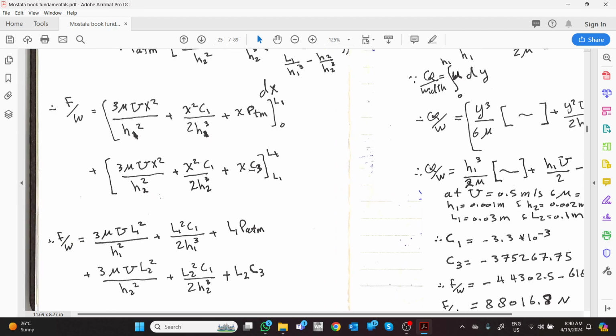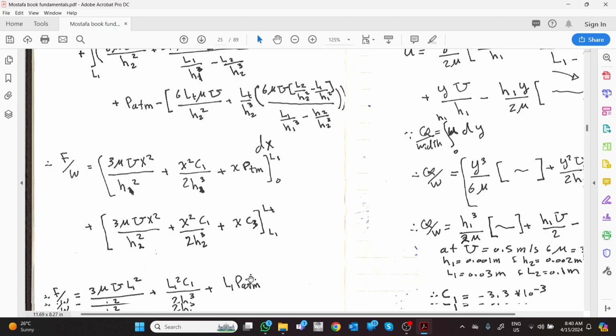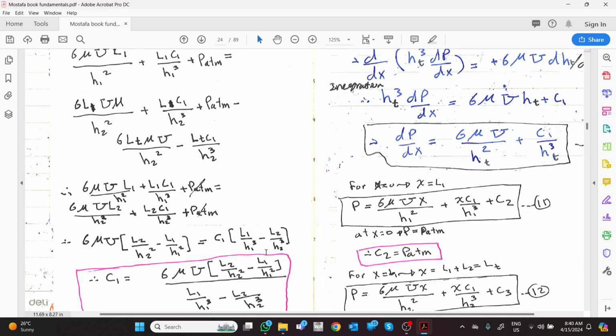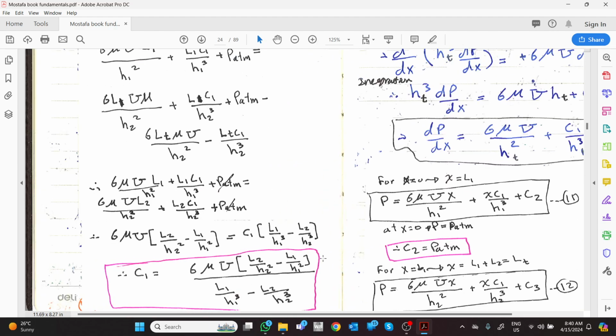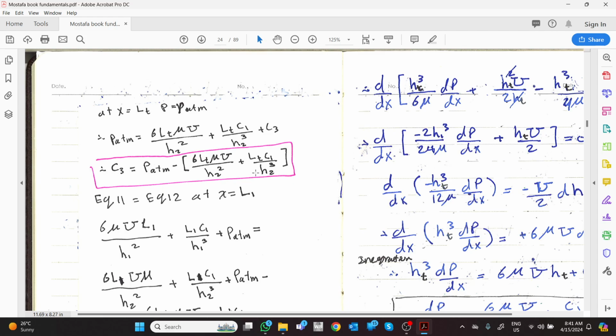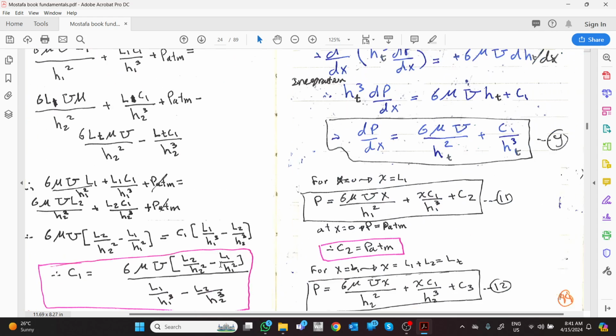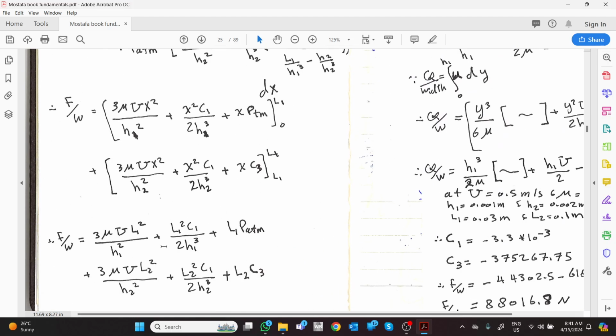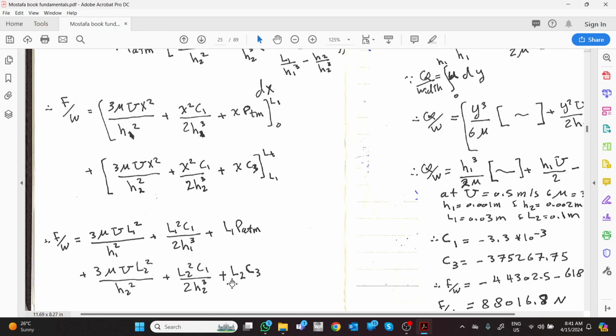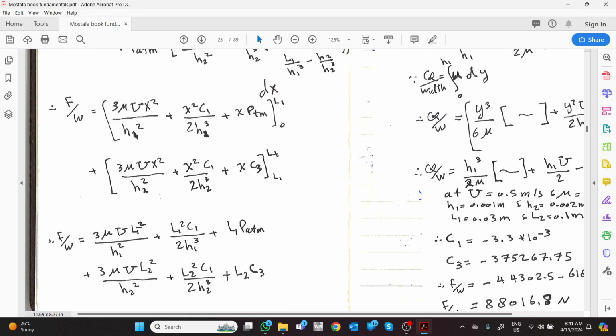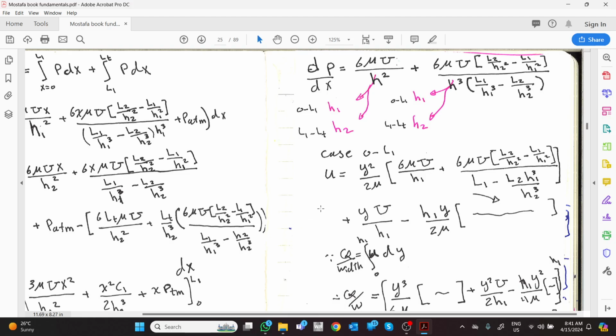I'm just putting for simplicity C3, as C3 is fully constant. If you go to here, C2 is constant. C3 is fully constant. It is H2, there's no function in it. So C1, C2, C3 are all constant because they're not a function. So when you start to make it, you will get a force here, which is blah blah blah plus blah blah blah C1 plus L1 atmosphere, etc. You can put atmosphere is 0 plus this one C3 and C1. Okay, and